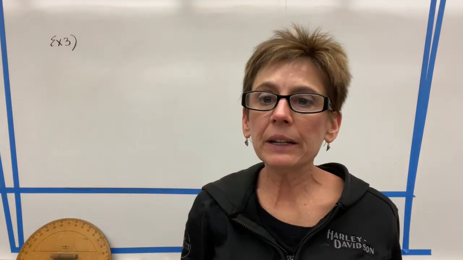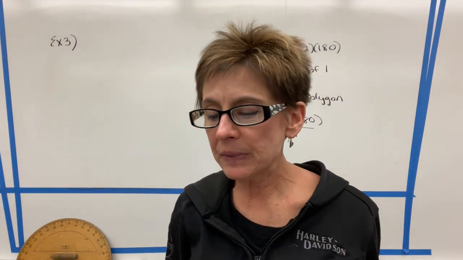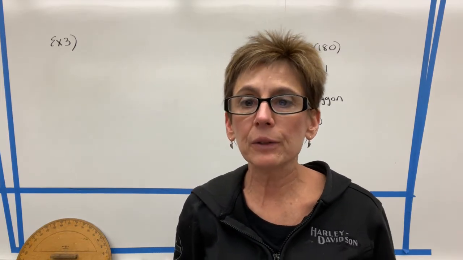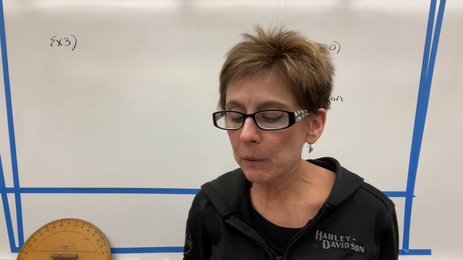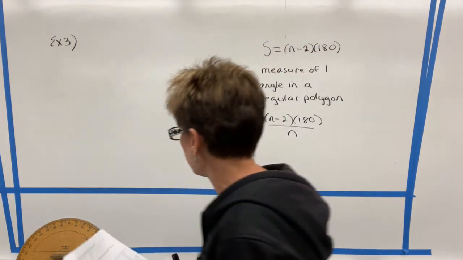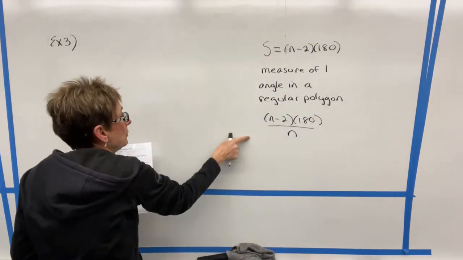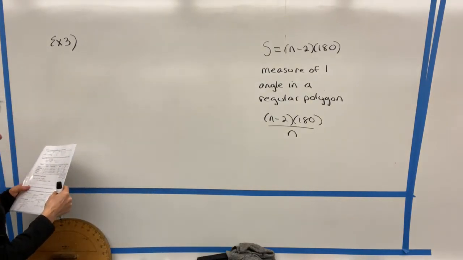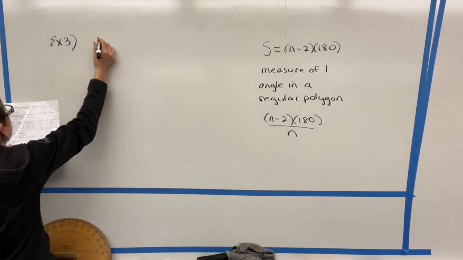So what they're doing here is kind of the opposite of the other problems. They're telling you what the sum of the measures of the interior angles adds up to, and then they want you to find how many sides there are. We can still use this formula to do this. So it says here that the sum of the angles is